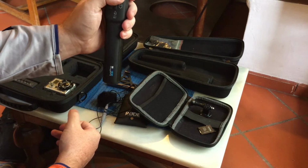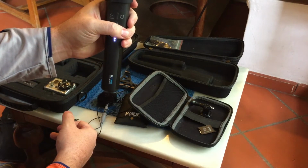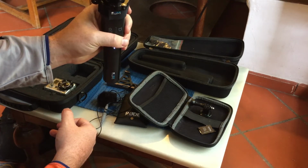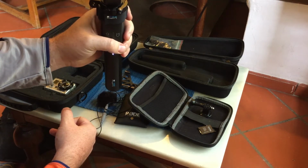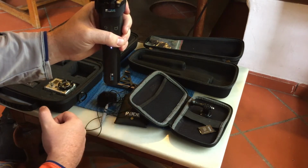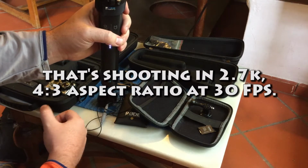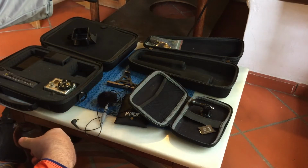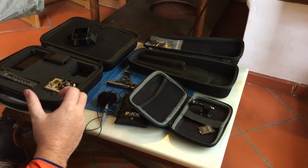So if I start it up, you might see the issue that you get with this setup sometimes. It's going to work this time. It says USB connected. It comes up: that's 1 hour and 4 minutes from a 32 gig memory card, and it started recording. So what I'll do is switch over to the GoPro Hero 5 camera now, and you'll get a bit